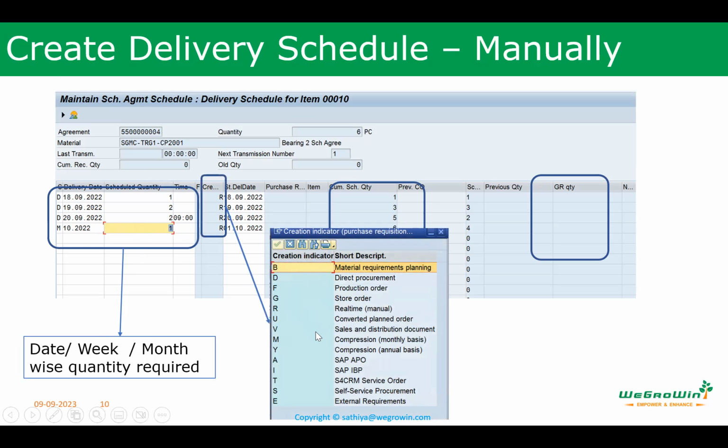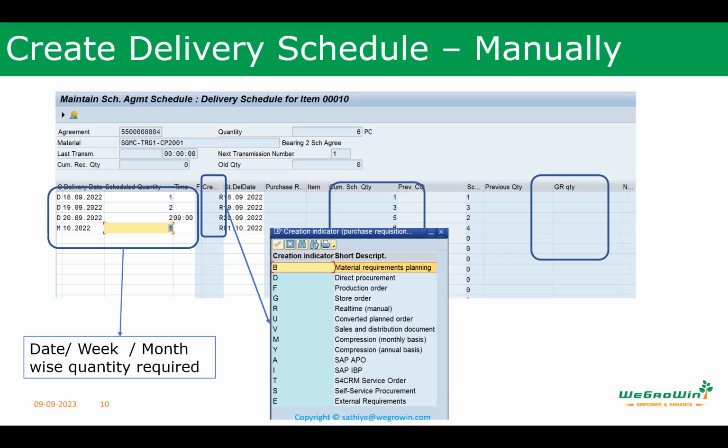The same thing we would have referred to somewhere else. Where did you see this kind of creation indicator? Earlier we saw the creation indicator. Where did you see it? In the routing, sir. Hey, we are talking about purchasing. I'm talking about creation. Sorry, sir. In the PO, sir. And also in the production order, we see created or released, sir.